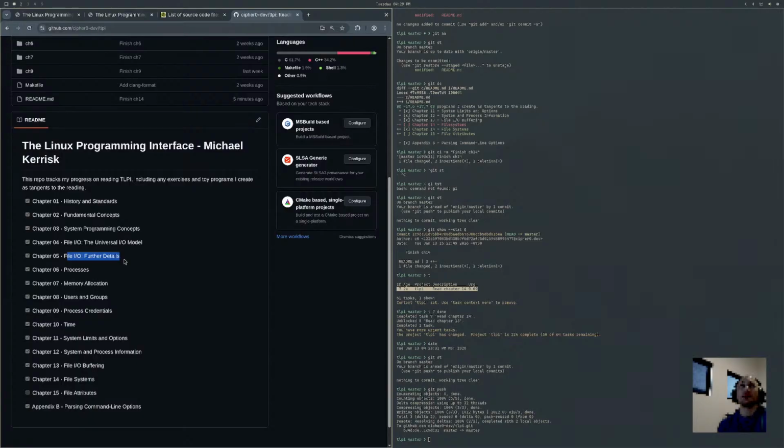It would be a many to one relationship between file descriptors and file description, because you can have many file descriptors pointing at one file description, but it's not the reverse. You can't have more than one file description for a single file descriptor.